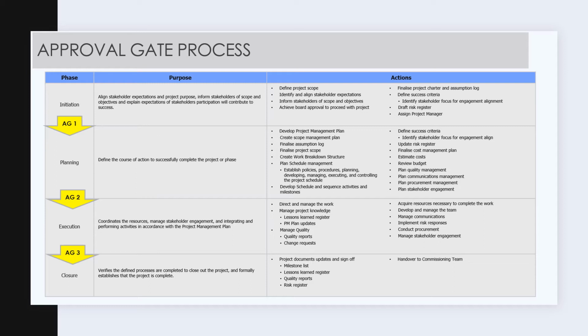The initiation phase purpose is to identify and align stakeholder expectations and educate them on project purpose. We need to inform the stakeholders of scope and objectives and explain expectations of stakeholder participation and how they'll contribute to the overall success. The initiation phase consists of linking of the organisational governance and the project governance, including stage gate or phase reviews,